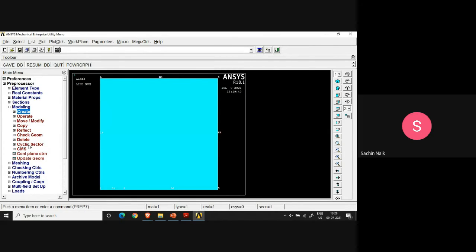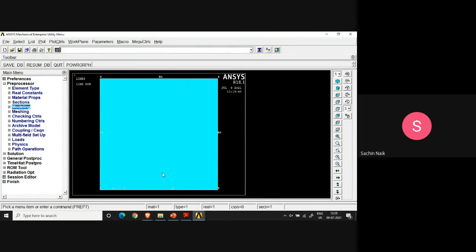Yes, sir. Thank you. Now we have to go for applying the boundary conditions. We understand that this is a quarter model, the right hand side top quarter of the plate. Therefore, this particular line, which is L5, is actually connected with another piece of material on the left hand side. Similarly, L1 and L2. L1 is not connected because that's the crack, but L2 is connected with lower material. Therefore, the symmetry lines are L5 and L2. These two lines are the symmetry lines on which we have to apply the boundary conditions.